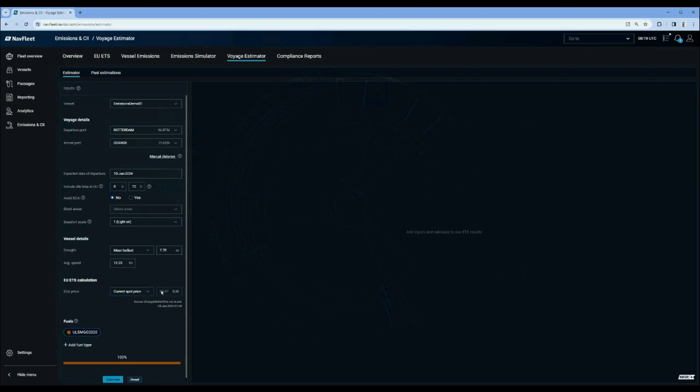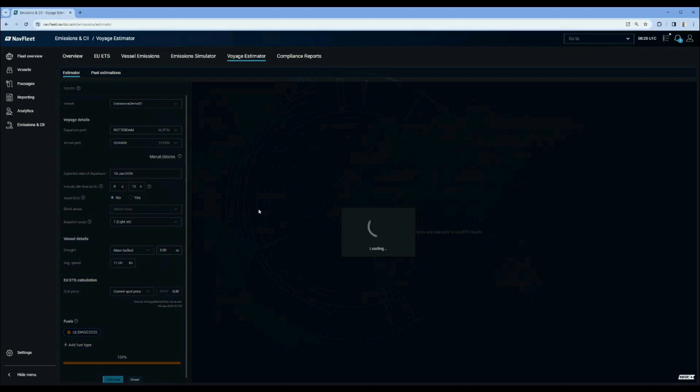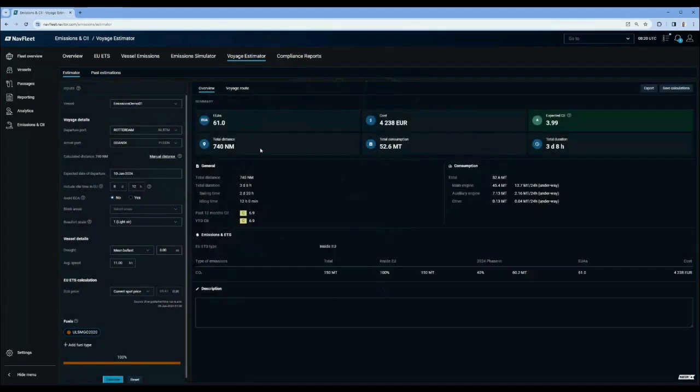We can also select the price to be included. And of course, the speed: we assume that it will be sailing at 11 knots average speed, and it will be sailing at 8-meter draft. Then we can make an estimate quickly based on these inputs. So here we get an estimate for this specific voyage that we can save or we can export, and we